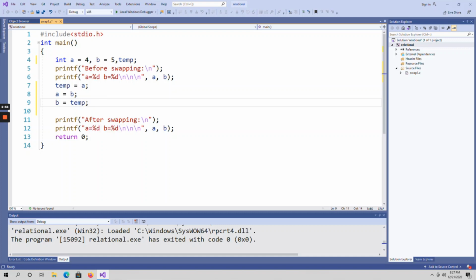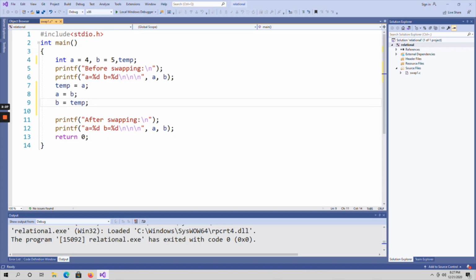So first I have declared two variables A and B, and I am also taking a third variable. A is initialized with 4 and B is initialized with 5. And I am declaring another variable, that is the temp variable. First I assign the value of A to the temporary variable, that is 4 is now stored in temp.